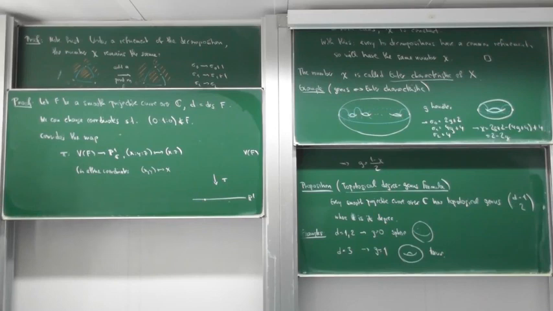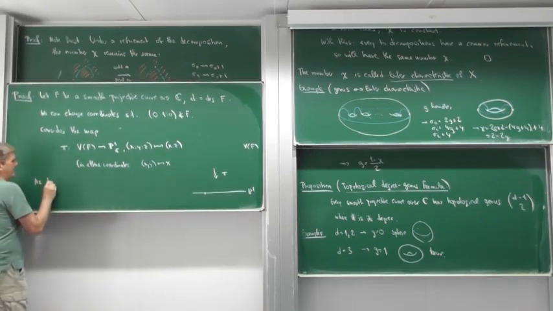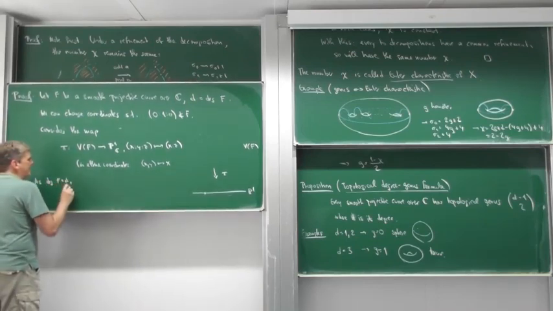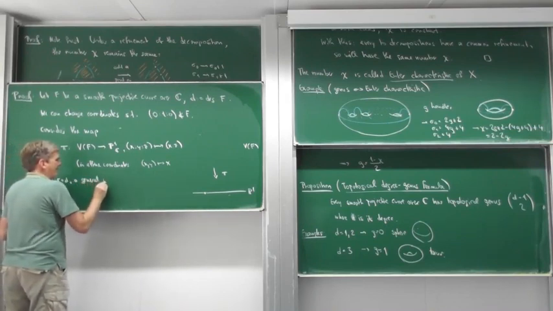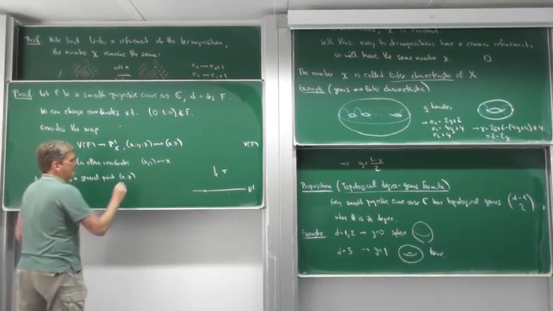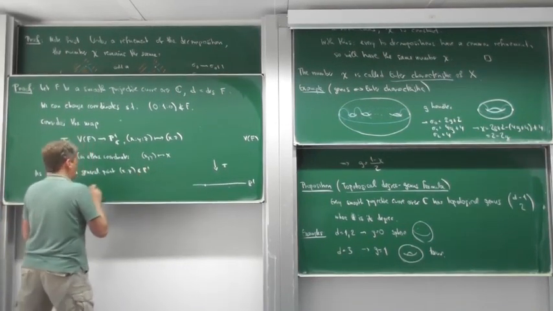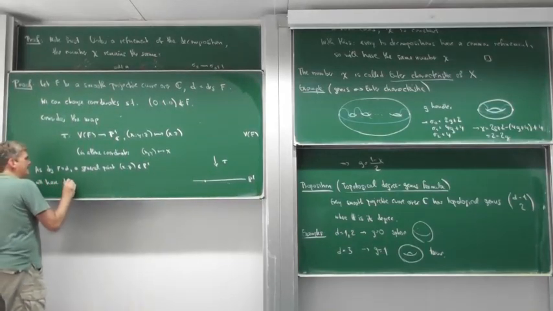Now, f is a polynomial of degree d. That means in general we will have d solutions. As the degree of f is d, a general point, say (x, z) in P1, will have d inverse image points